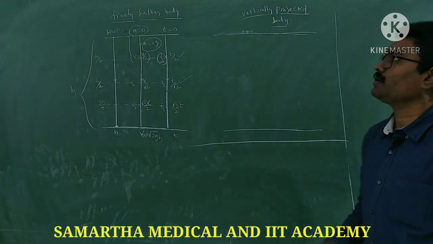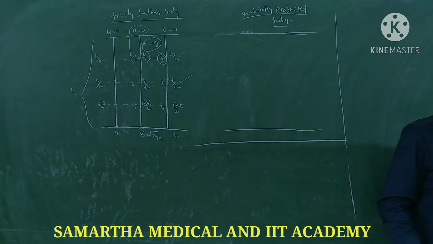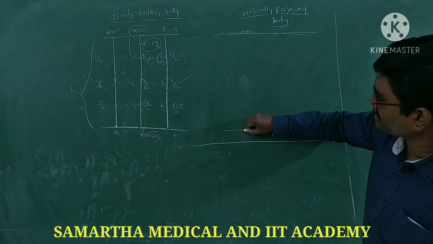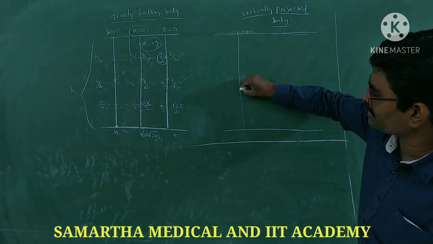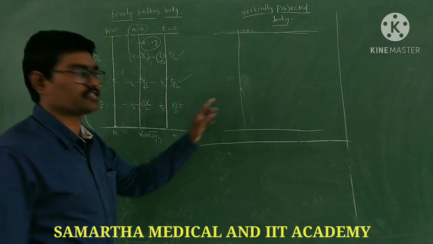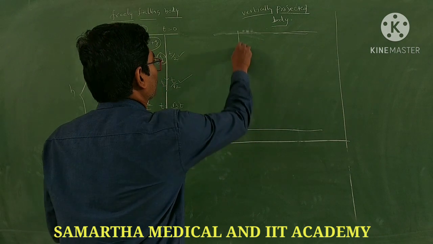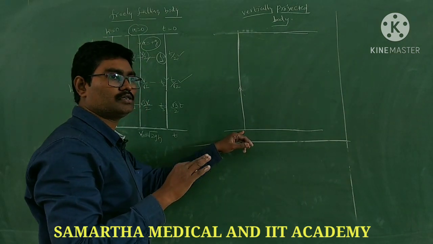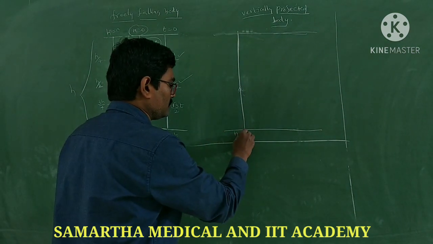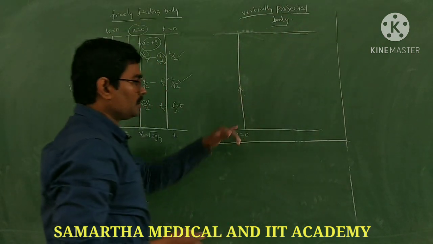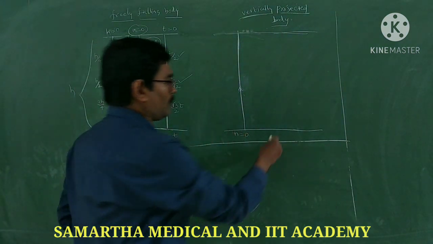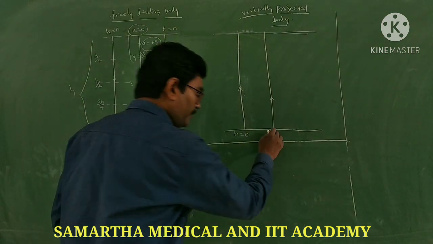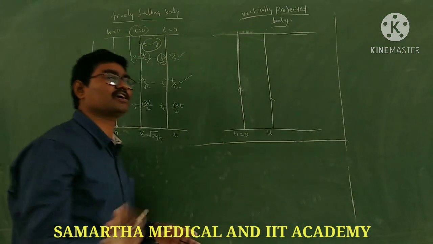See this next one, vertically projected up body. If you observe that vertically projected up body, while it is going in upward direction in a straight line, what is the initial velocity? You have given. Okay, so first you think about height. What is the height here on the ground? 0. H is equal to 0 for vertically projected up body. It starts from the ground. So height is 0. While it is going in upward direction, what is the initial velocity? u. Will it be 0? No. Definitely some initial velocity you have to give.